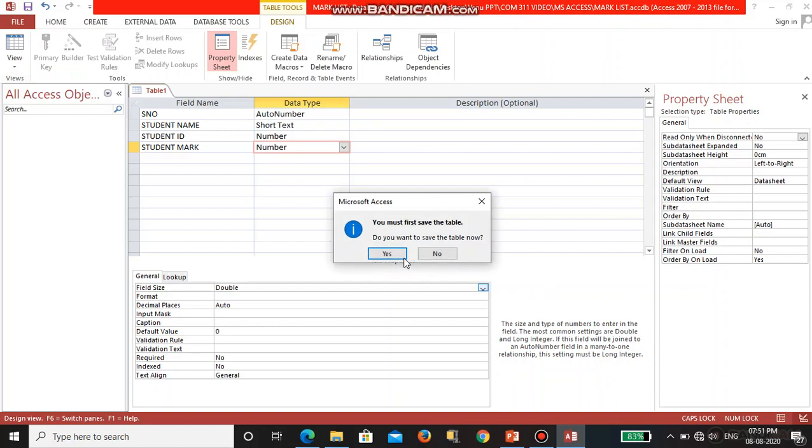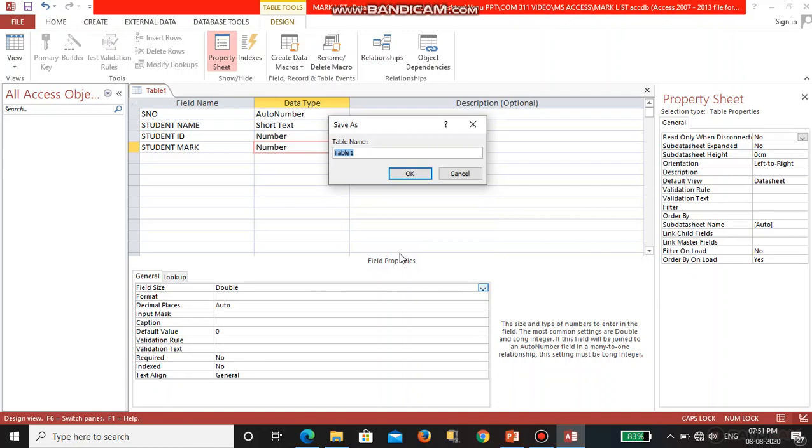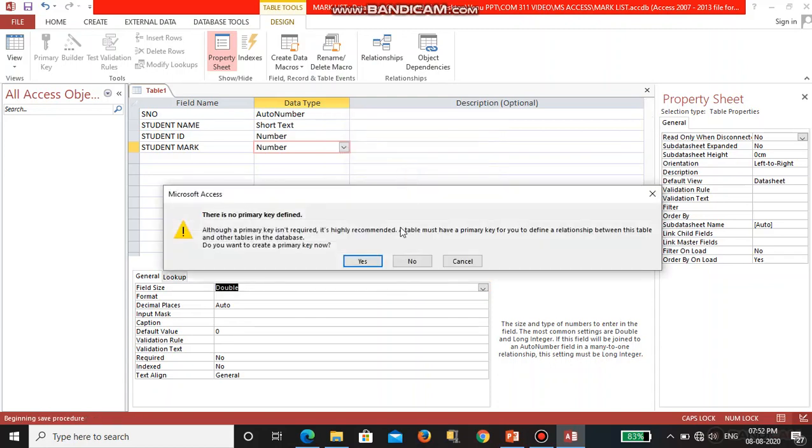Here it asks whether you want to save this, so we are saving this file with the name midterm mark, and then I'm giving OK. It has a primary key. I'm giving serial number as the primary key. You give yes.